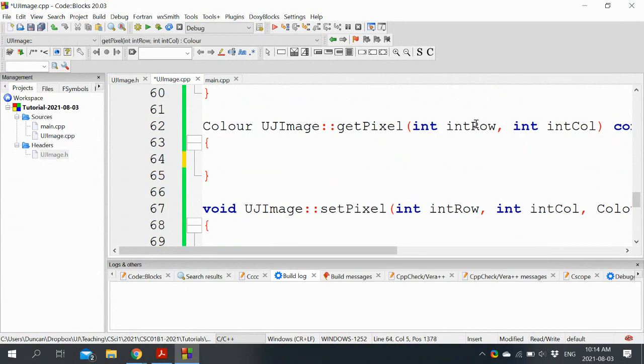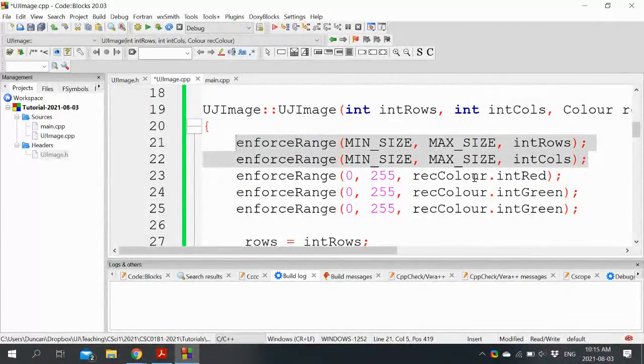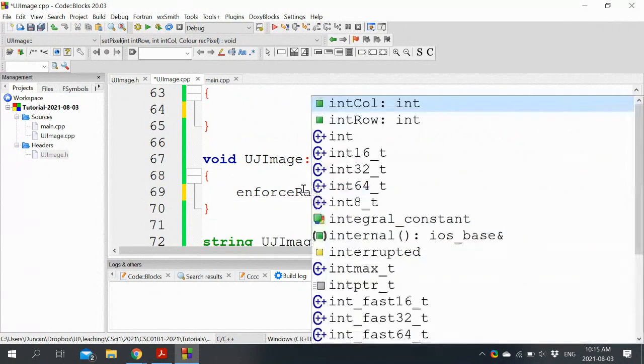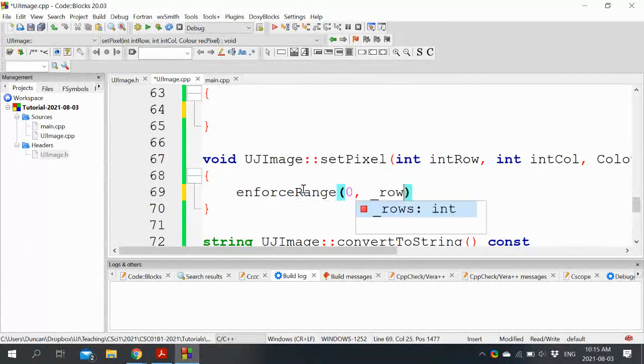For get pixel, we do need to do a safety check just to make sure that the index is valid. So, kind of like this, except we're checking. I don't even know if it's worth copying that. Let's just do it properly. So we're going to enforce range and make sure that it's between 0 and rows minus 1.